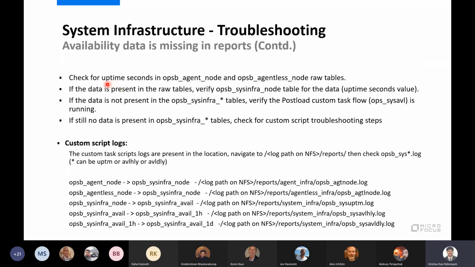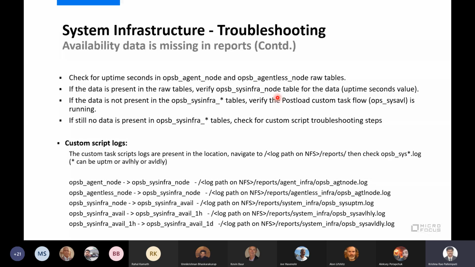Now there is a check for uptime seconds. This is the key metric which we are receiving from the agent: whether uptime seconds are there in my raw table, and whether the sysinfra tables are present and the data is properly computed or not. All these things we will check.